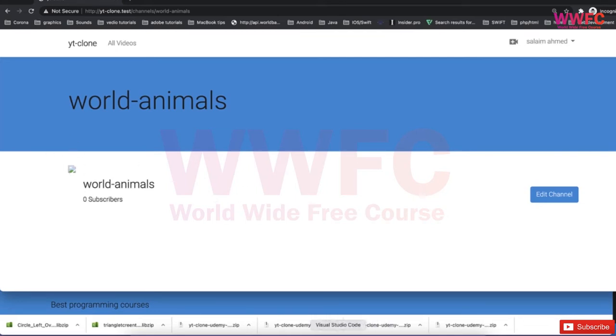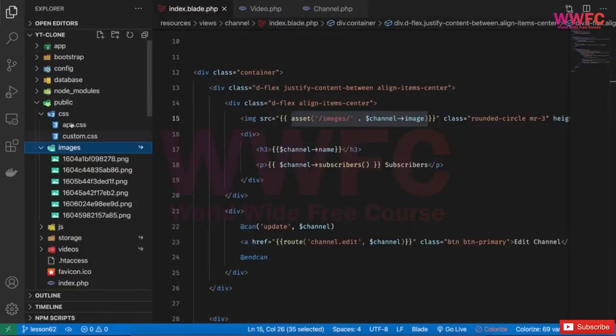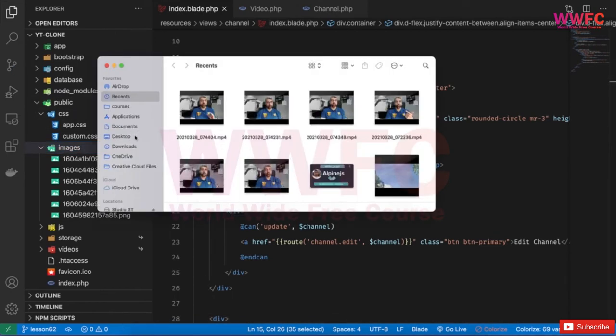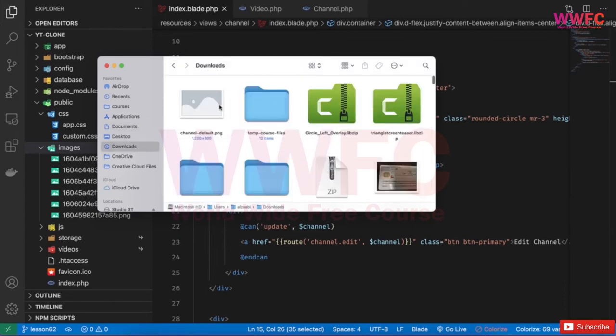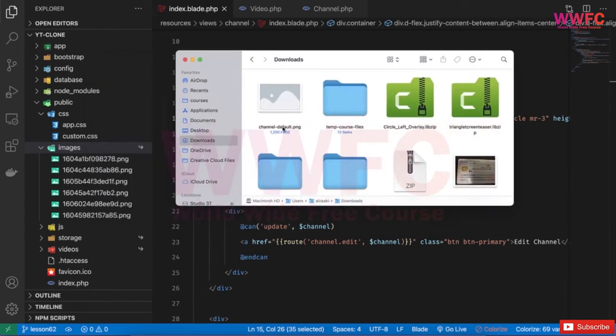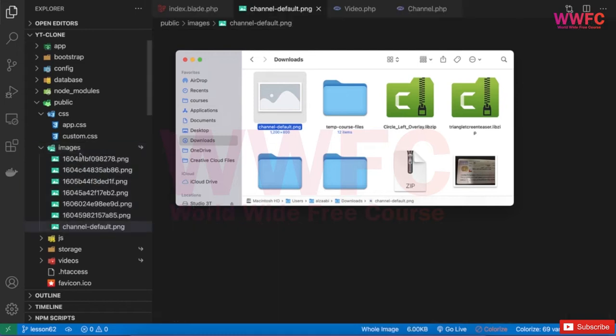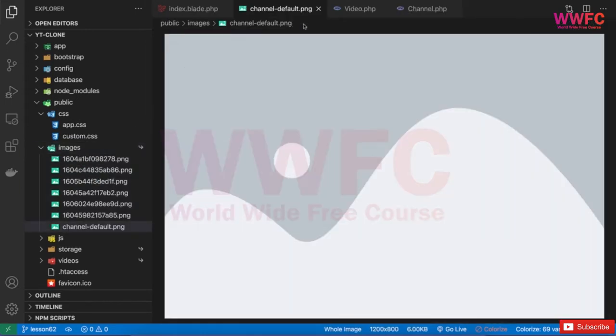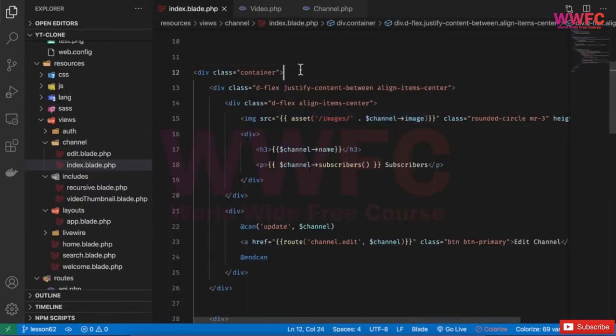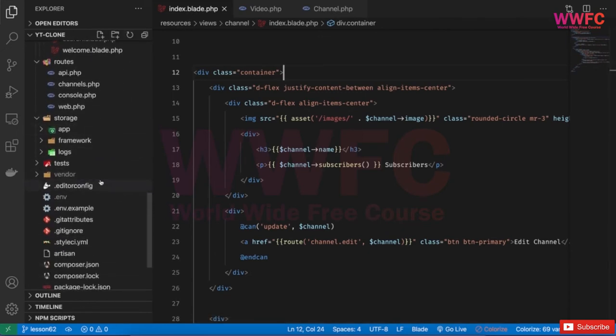So if I go to the code, you know that inside the images under the public CSS images, I'm going to upload or copy one image, which I just downloaded from the internet. I call it channel default. I'll just copy it here. Then what I will do inside the code, this is basically under the channel. If you go to the views,